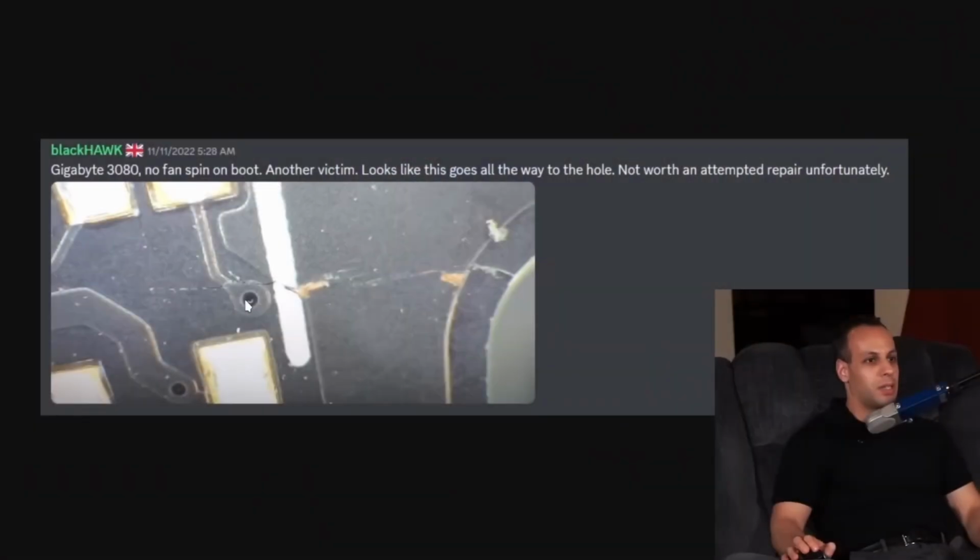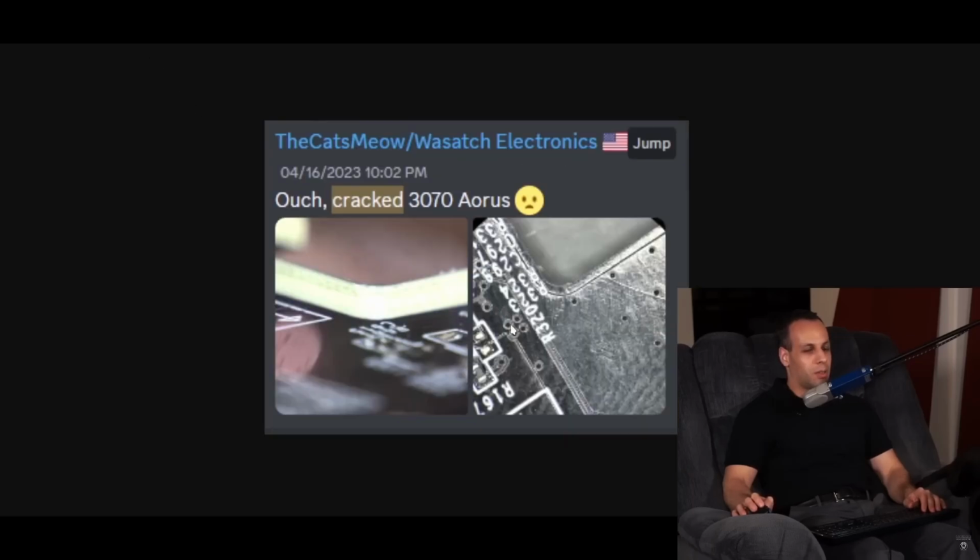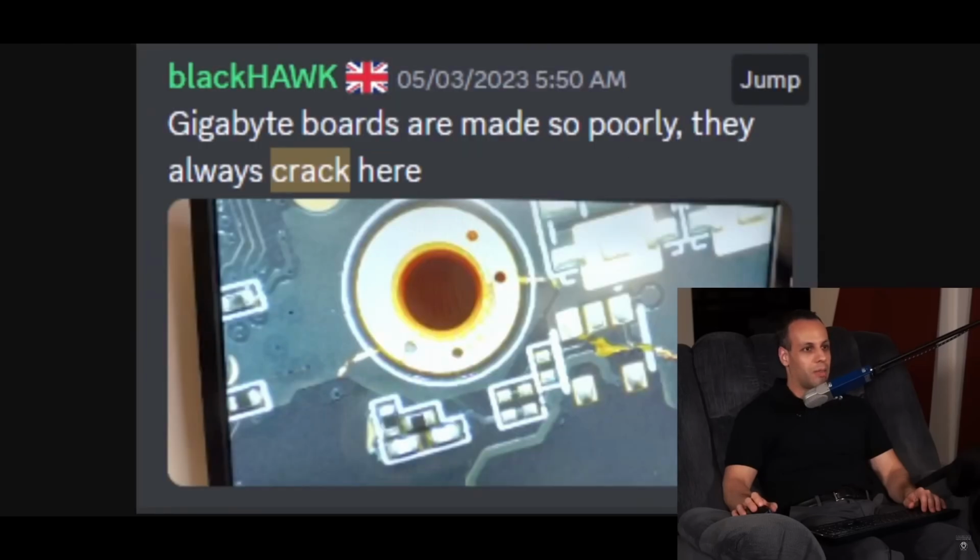This is a crack. Got another one over here with a crack in the same area. This is another screenshot of another cracked 3070 card. So just to be perfectly clear about what Louis Rossmann is talking about in this video, if you look down